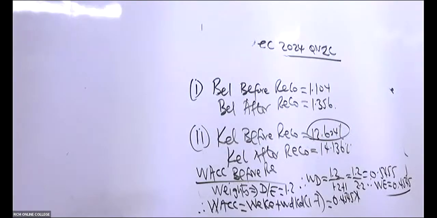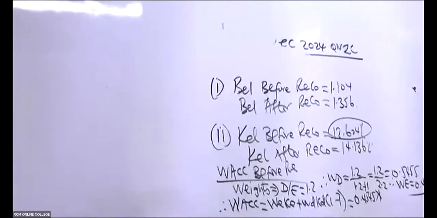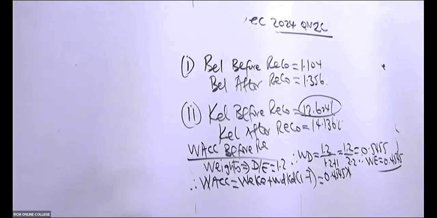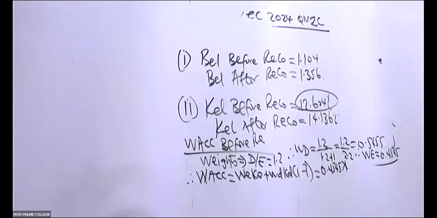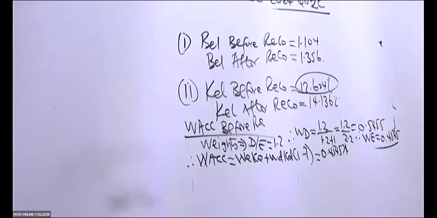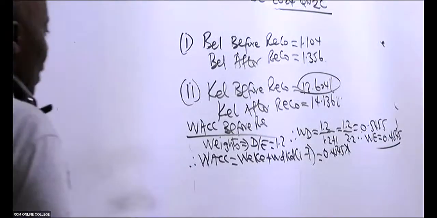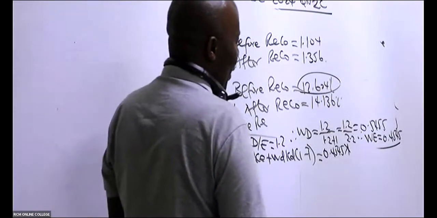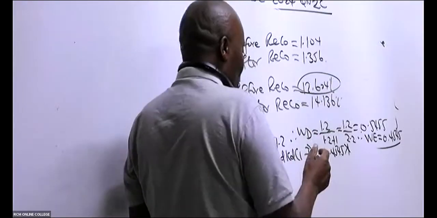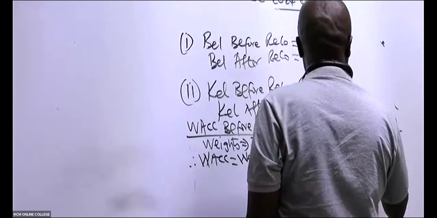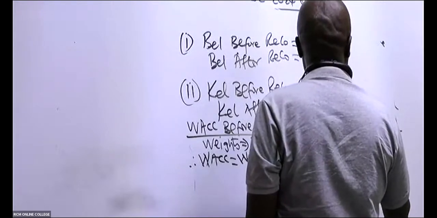Most of them are saying, Mwalimu, that it is right. This figure is right. So then we have here 0.4545 times cost of equity before, which is 12.624 percent. Plus weight of debt, which is